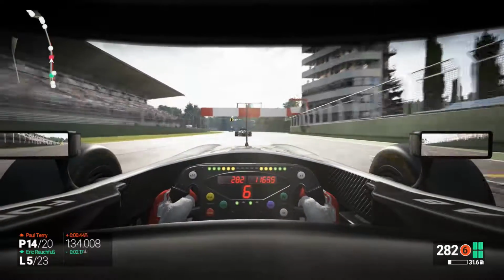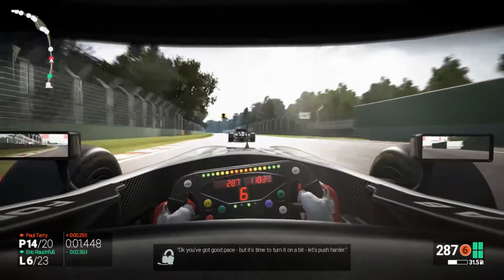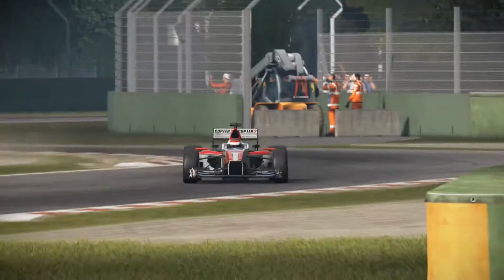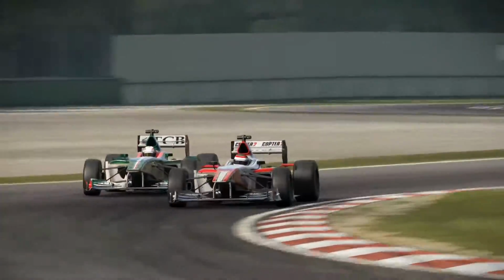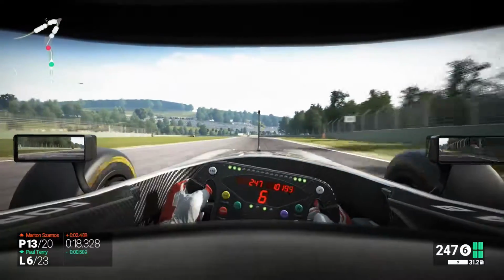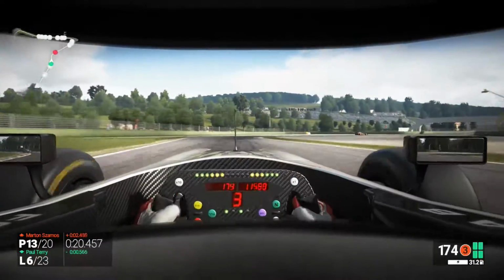Skipping ahead to lap 6 here as we come out on the main straight one more time, taking advantage of our speed. We're going to pull the same maneuver on Paul Terry one more time, going into the left-hander there, but he does not back off this time, and there is contact between the cars as we both run off into the gravel bed. But P13 comes with a price as we have damaged our steering in the contact